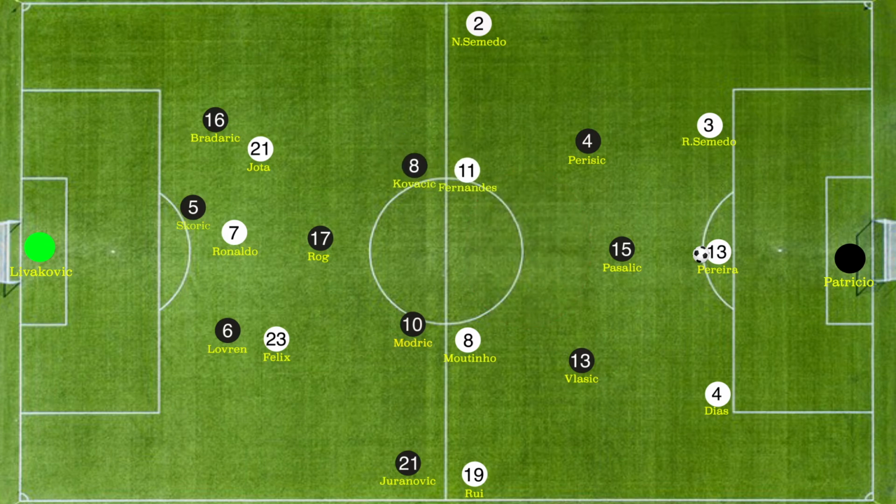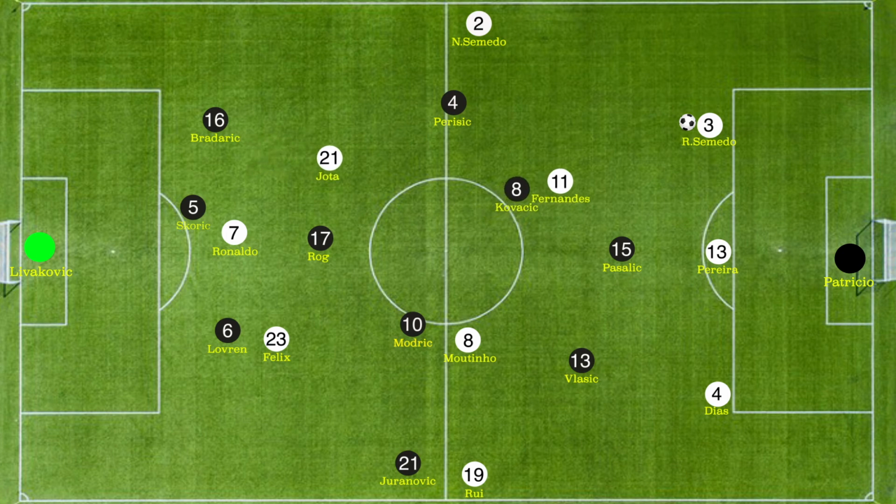As seen in the illustration, Bruno Fernandes quickly moves into this spot, taking Kovacic with him. To fill the gap left by Kovacic, Perisic then moves back into the midfield. Bruno Fernandes comes in to help Ruben Semedo as he receives the ball from Pereira. Now one of the Portuguese attackers comes into the midfield to receive the ball from Ruben Semedo and create an option for him, as Jota does in the illustration.